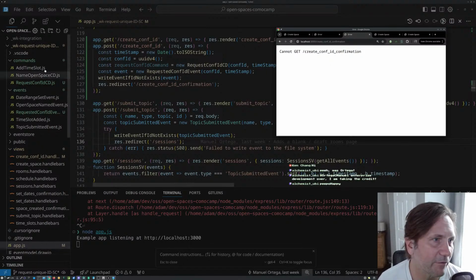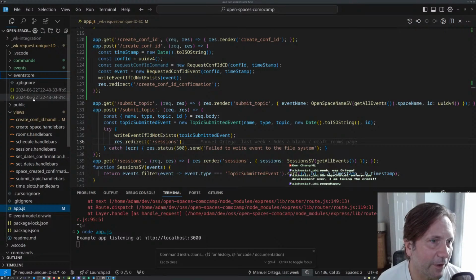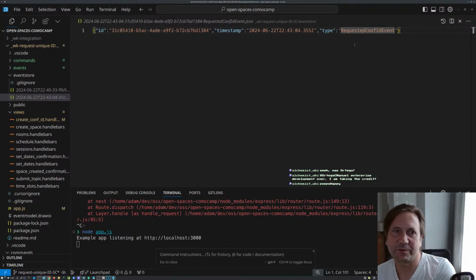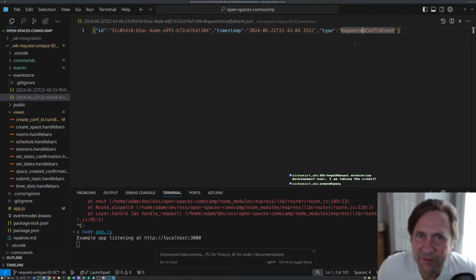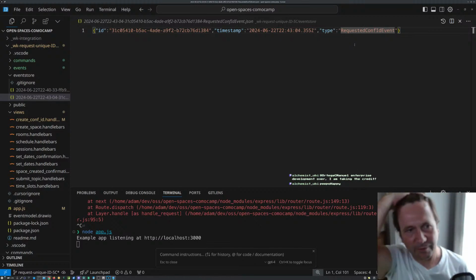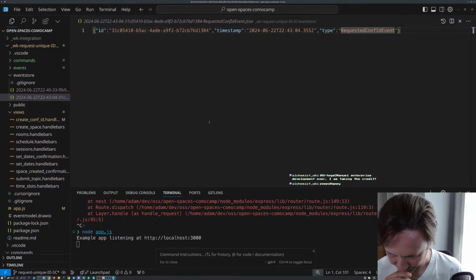We do have, if we look at our event store, we are generating these events properly now. Requested conf ID for event, which is good. And so now we just have to make sure that we have a conf ID being created automatically. We can put this into our state view directly without any